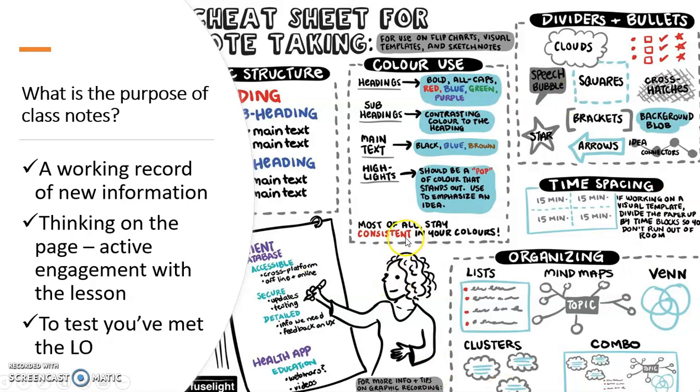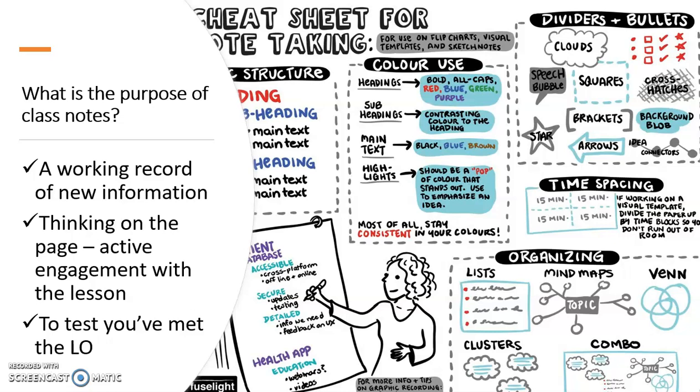This very busy image, I'm aware, is a little bit overpowering, but I think it is quite useful to think about how you structure your notes. So how you might use different symbols like dividers and bullets. I suppose dotted bullets might mean something different to you compared to a checkpoint bullet that you can go back and tick off later on. Something that you put in a speech bubble might be a quote, for example, compared to a cloud might be a really key idea. So it's about how you use symbols and images to build up a kind of pattern